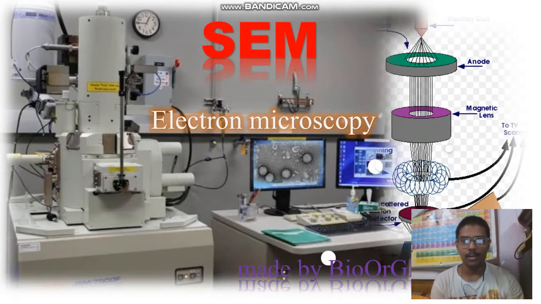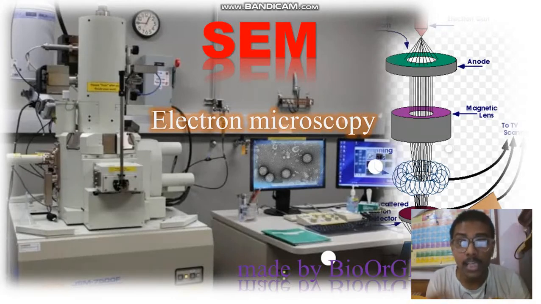So let's start. As you can understand from the name electron microscopy, the name suggests electrons will interact with the materials of your specimen. So when electrons are interacting, there will be no colored image, only a black and white image you will get. One thing to mention is that for scanning electron microscopy, unlike transmission electron microscopy, only surface information you will get,